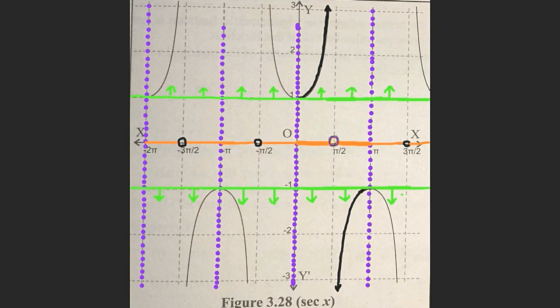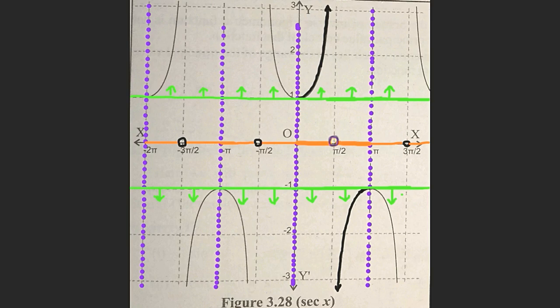Hence, we can write the inverse function of secant function in all these intervals. All the intervals in which the secant function is one-one and onto are shown by dotted blue lines. Among all these intervals, the closed interval 0 to pi except pi by 2 is called the principal branch of secant function, and the angle theta in this branch is called the principal value of that inverse trigonometric function.